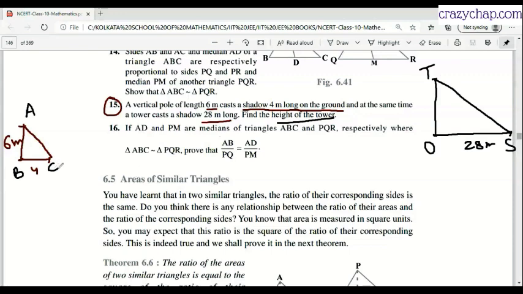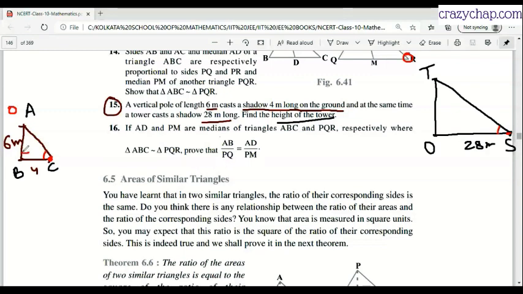Why will the triangles be similar? That is important. Please understand. The making of a shadow depends on the sun. So the sun will make the same angle with the ground here as it does there. Wherever you stay, at the same time, you will have to look up by the same angle. Whether you are standing at C or at S, at the same time, the angle will always be equal. Make sense?